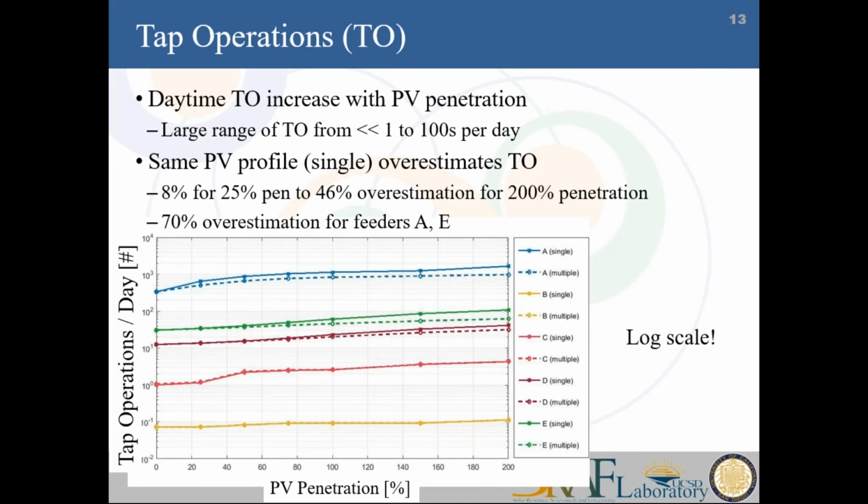So here now is a graph of these tap operations. Remember, these were the transformers on the distribution feeder that try to regulate the voltage, and they operate a tap, so they move a large set of windings in the transformer. In that way, they change how the voltage steps from upstream to downstream of the transformer. These are very expensive pieces of equipment. These are mechanically operated, so there's wear and tear on these systems. So we really want to avoid a large number of tap operations.